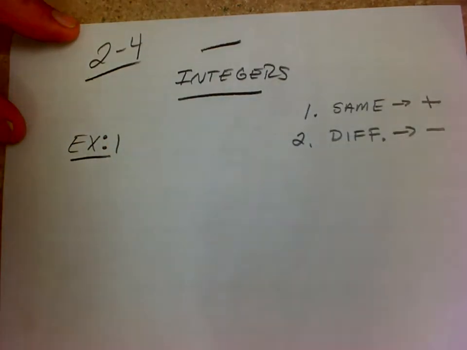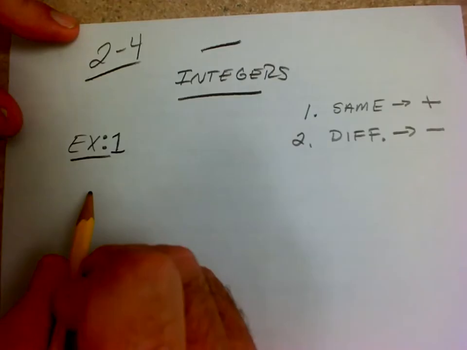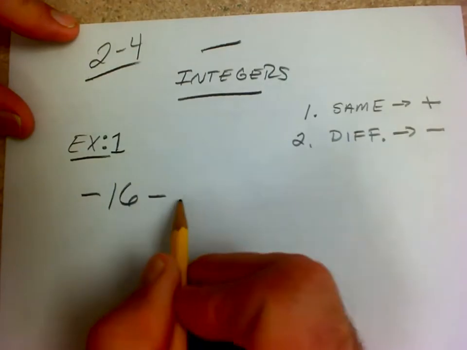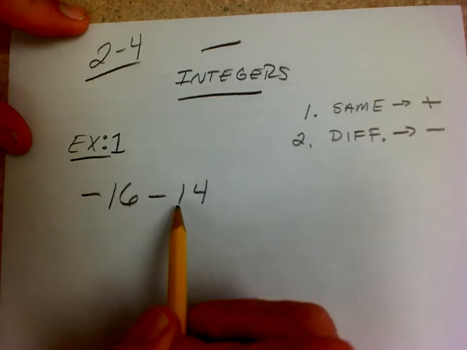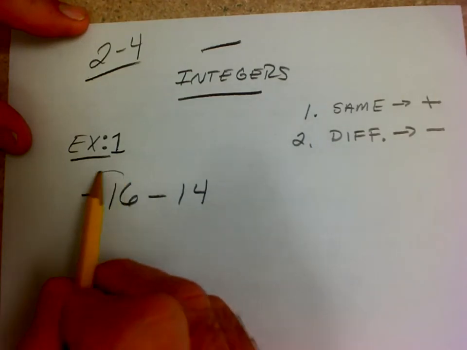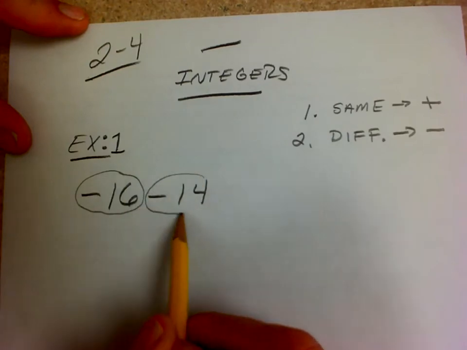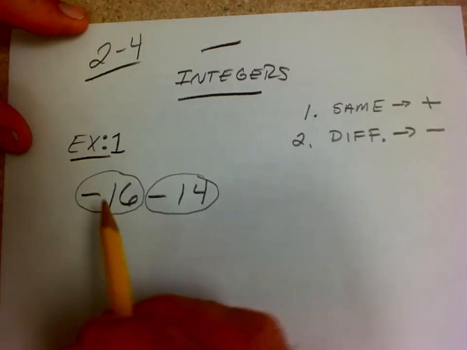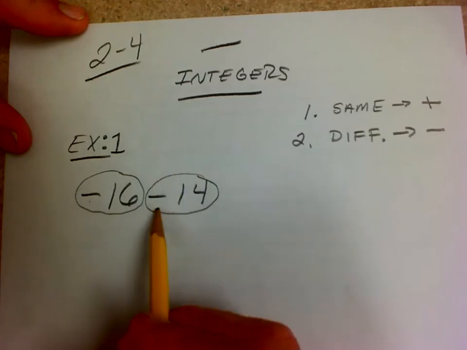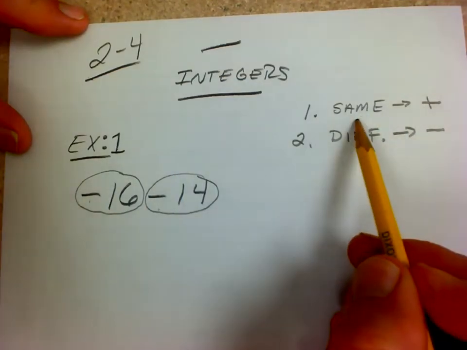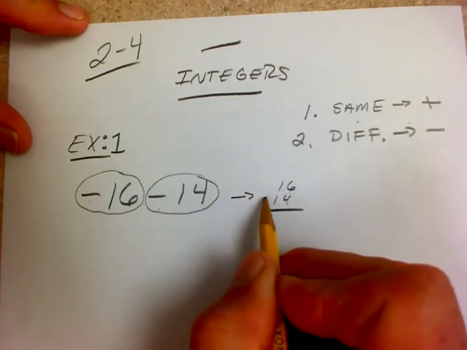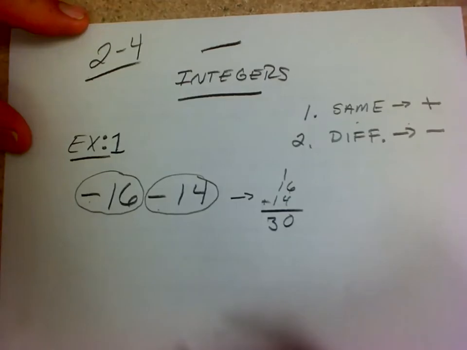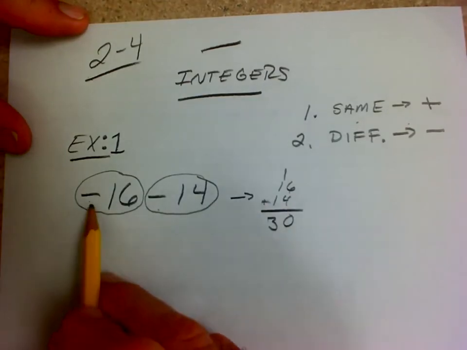All right, so example number one. Negative 16 minus 14. So we're given our expression here. So again, this problem is already simplified. There's nothing to clean up. So if we circle our two terms, negative 16, negative 14, our signs are the same, so we want to add. Okay, 16 plus 14 is 30. Bigger number,